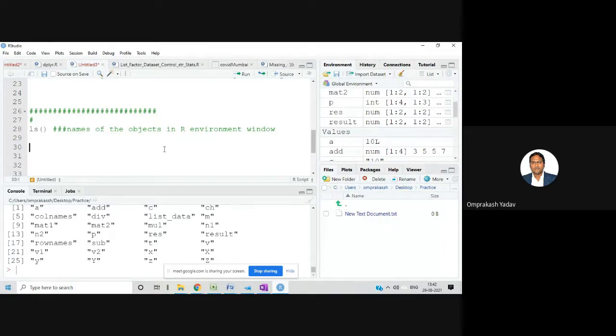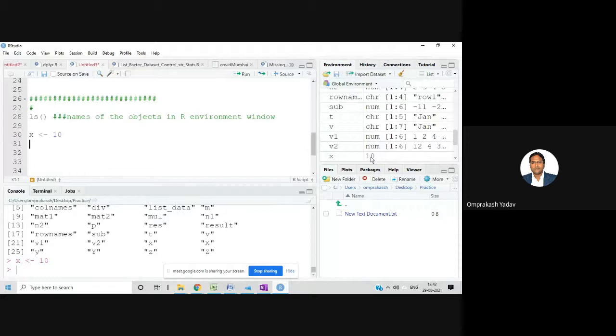Now, suppose I want to delete something from that particular R window. Let's say this A is there. Let me create a new one, let's say X equal to 10.